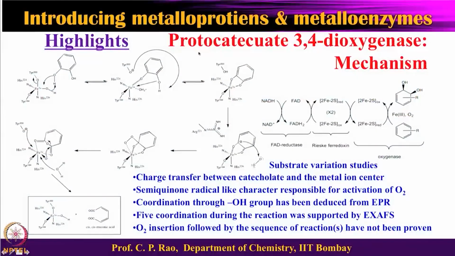Okay, also explain an example for the dioxygenase. An example I have taken was protocatechuate 3,4-dioxygenase, and this is again a non-heme enzyme. This is again a monoiron center enzyme, and this enzyme has got a 5 coordination with some tyrosines and histidine bound, and one of the coordination can be expanded for the binding of the catechol into this, and the property of the catechols is that you have a phenolic moiety, they can undergo